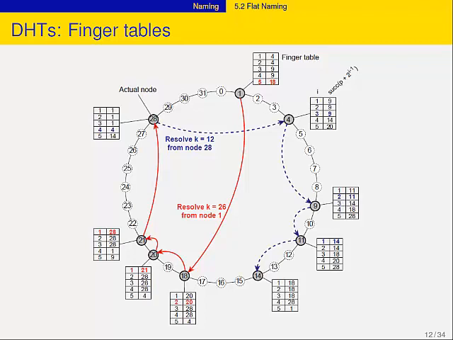So this guy just tells 1, I'm gone, and tells 9, I'm gone, will you take over? That's it. But I still have a problem, because 20 and 18 should also be told. So that's the nasty part: who knows about me? You don't know, right? That's really the problem. How does 4 know that 28 has a pointer to him?